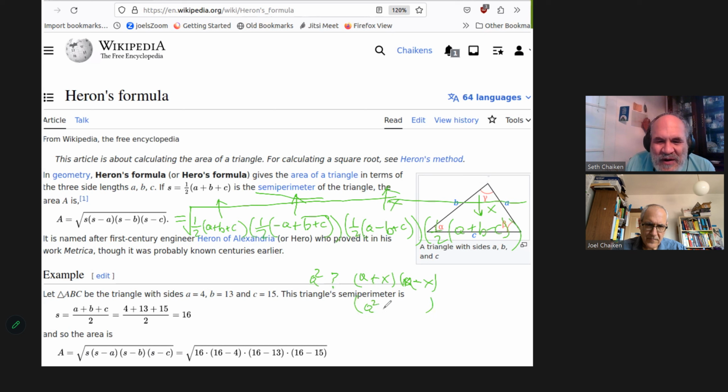Well, this is A squared minus X squared. So if X goes up, this goes down, and if X goes down, this goes up. So according to Heron's formula, we cannot conclude